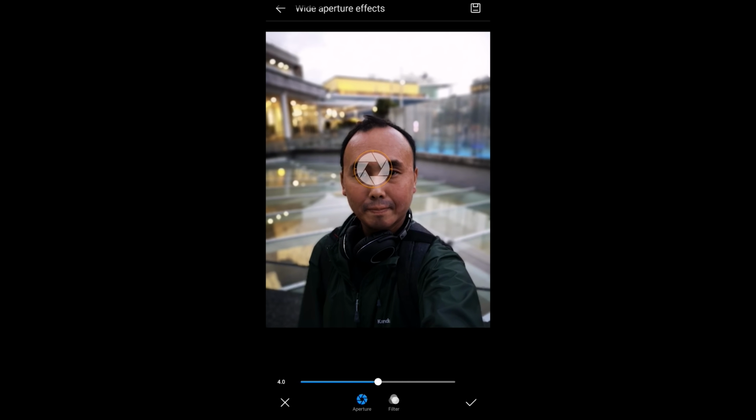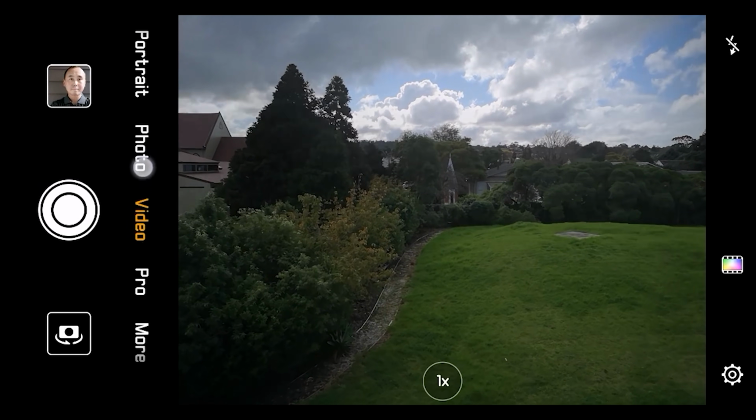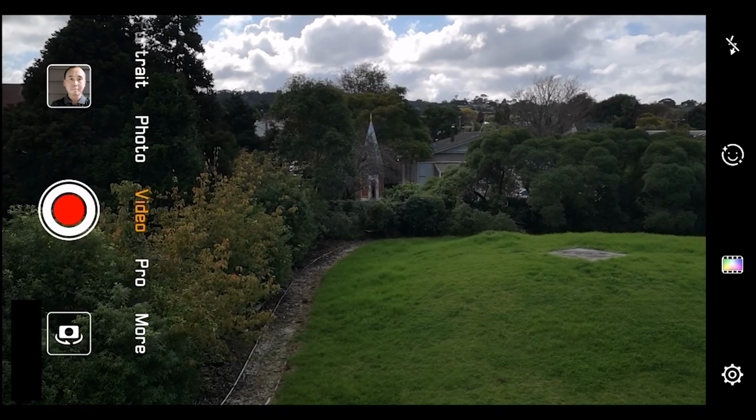That is a very good feature, because if you shoot in portrait mode, you let the camera completely control the background blur, the focus point and everything. Most of the time it gets it quite good, but sometimes it doesn't get it exactly right. So if you shoot in portrait mode, there's not much you can do after you took the photo. But if you capture in aperture mode, you can go back and adjust the settings you want. The only thing is that if you capture in aperture mode, you can't use the beauty skin features. If you keep going, then you have the video mode, pretty straightforward.